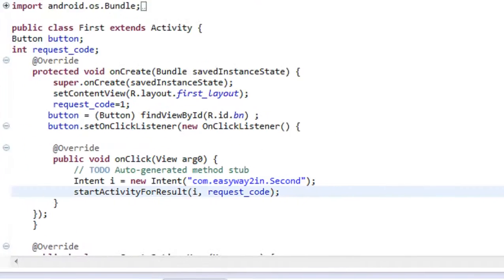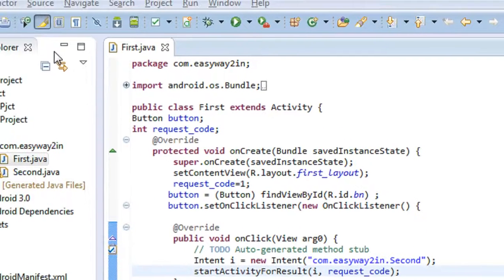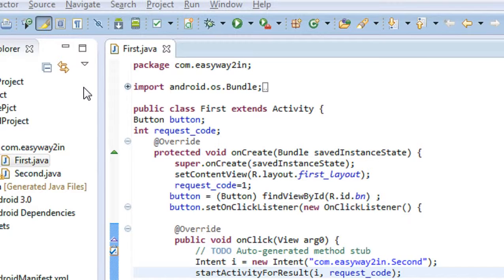Here I am using the same example that I used in the previous tutorial. If you didn't watch the previous tutorial, go to that first and then come back to this tutorial.